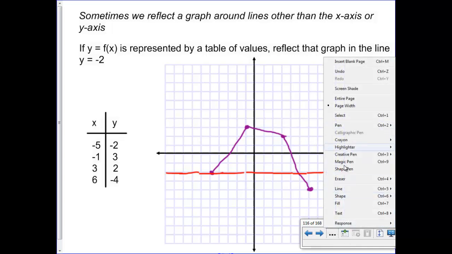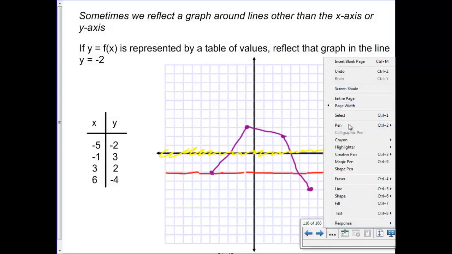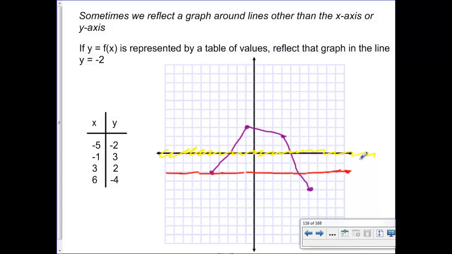So there's the line. It's almost like we don't want this axis there anymore. It's almost like that's my new axis. So then could we flip this over? For example, this point right here is on the axis already, so it's going to stay there. This point here is 1, 2, 3, 4, 5 units away. So then I would make it 1, 2, 3, 4, 5 units